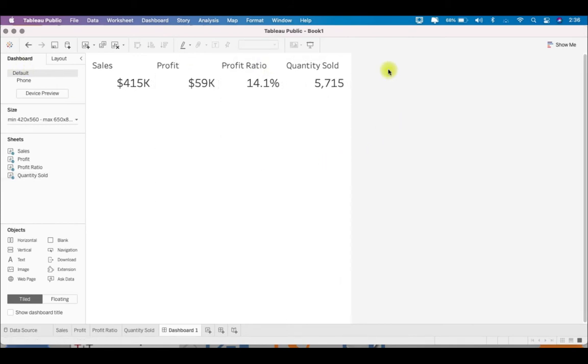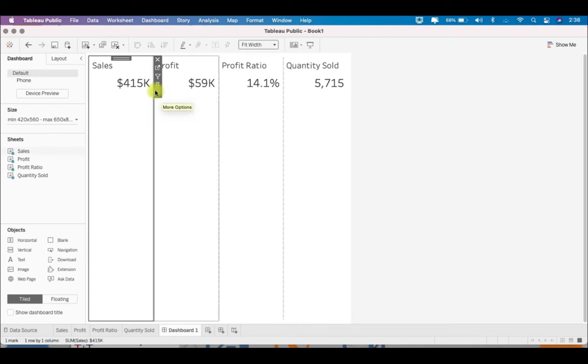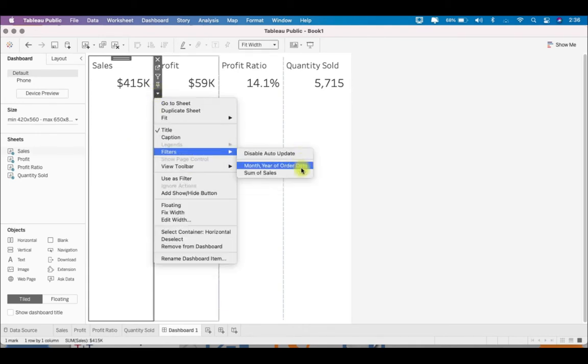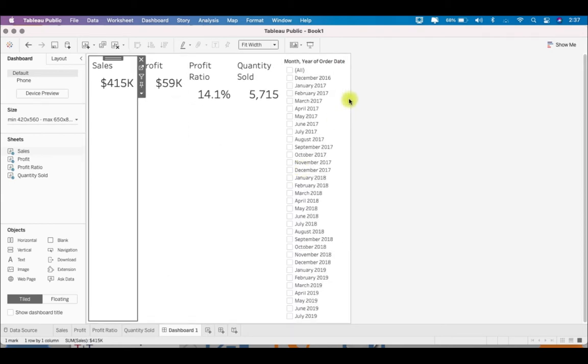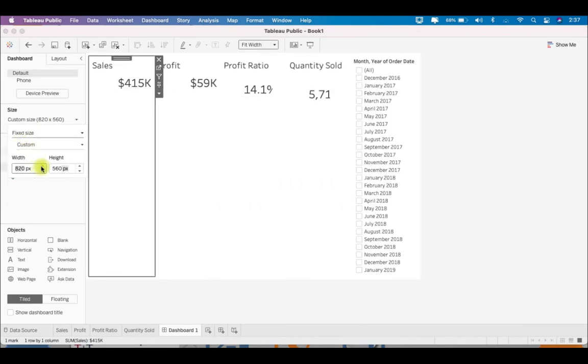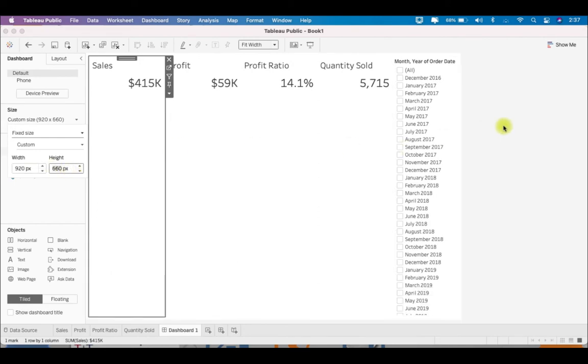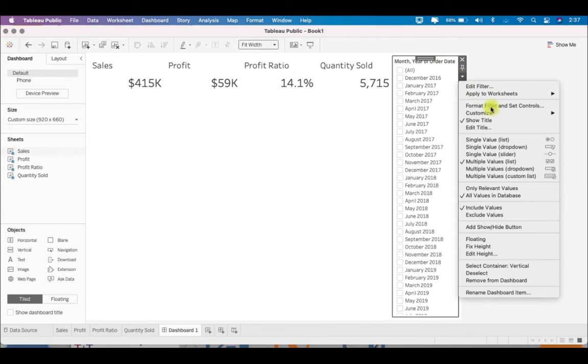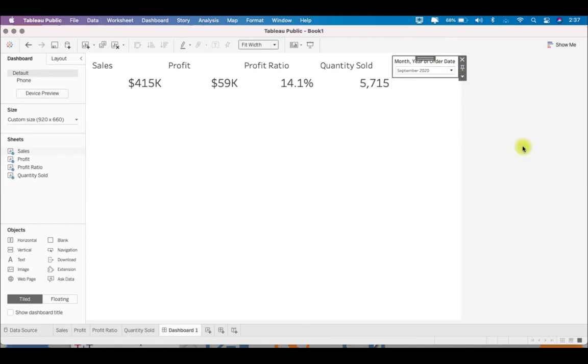So all our KPIs are now getting displayed, and let's display the filter also. So we'll display this filter which we have used for all the four KPIs: month, year of order date. And let's change the size of the page. So we'll increase the width and the height, and you can change this filter to single value dropdown, let's say like this. So this is how a novice user builds the KPI dashboard, bringing in each new KPI in a new sheet. Basically over here, you see four sheets for four KPIs, and then assembling all those sheets in one dashboard.